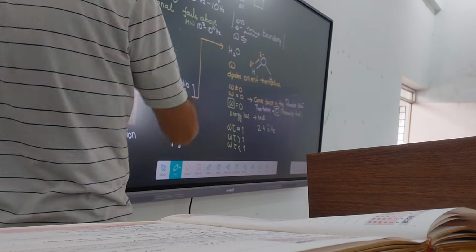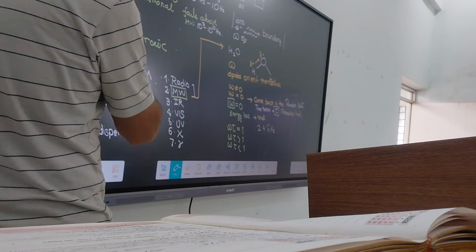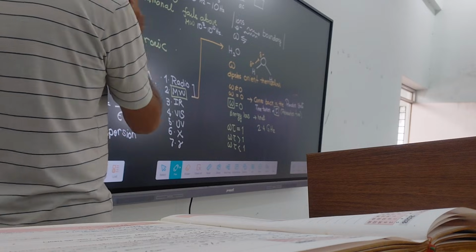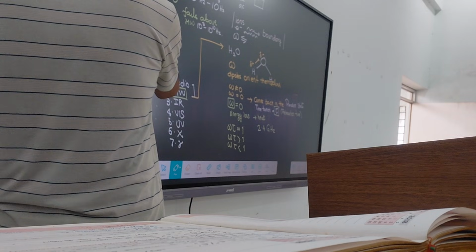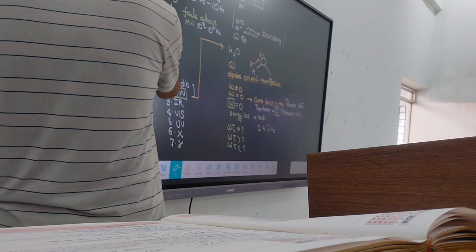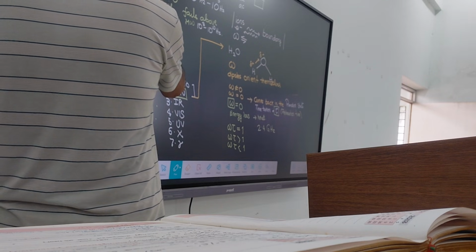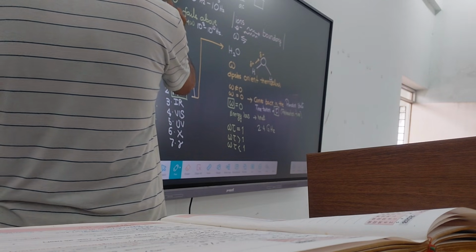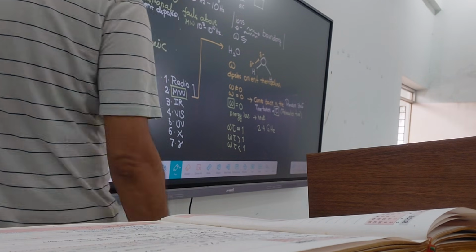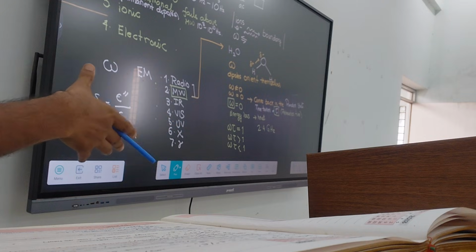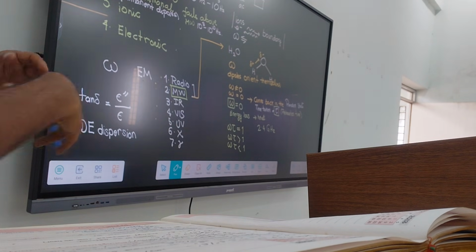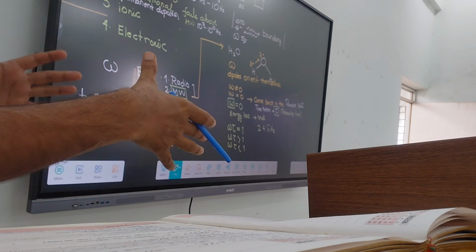बिकॉज ऑफ द फ्री आयंस और इलेक्ट्रॉन्स इन्वॉल्व। सेकंड हो गया ओरिएंटेशनल बिकॉज ऑफ द कॉमन डायपोल्स। थर्ड हो गया आयनिक। आयनिक मतलब पॉजिटिव आयंस और नेगेटिव आयंस जो आयनिक क्रिस्टल्स में रहते हैं, दे एक्चुअली चेंज द पोजीशन।